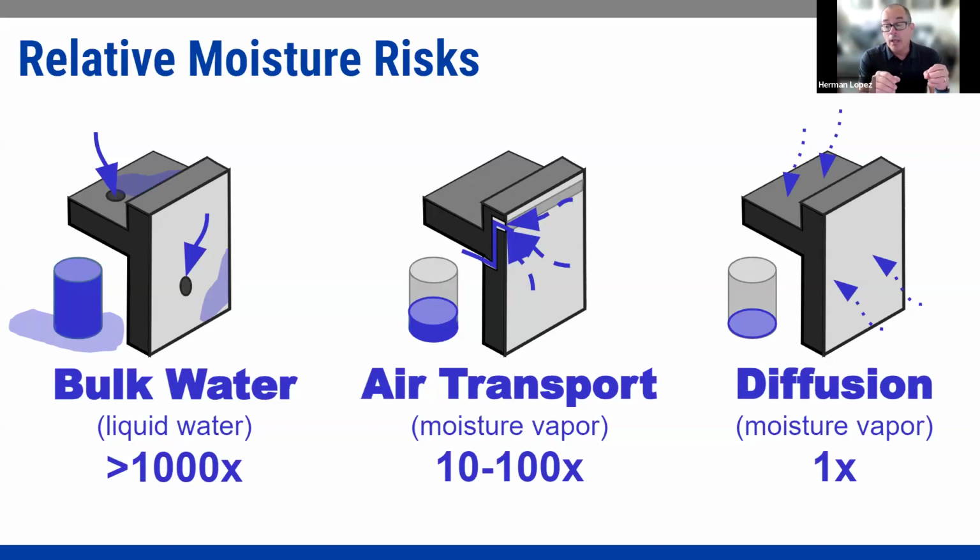So if we were to look at vapor diffusion, if it were 90% relative humidity outside, which would be a disaster here in Colorado, but let's just say that it's 90% relative humidity outside, 10% relative humidity inside of my home. It takes a lot of energy for that moisture to move its way through the wall. So if we didn't have any breaches in our building envelope, you can manage that moisture fairly efficiently. It's not until you add air transport. So if vapor diffusion is 1x, with air transport, with a breach in the membrane, with inconsistencies in the flashing and whatnot, breaks in the system, if you will, you can get between 10 and 100 times more moisture moving